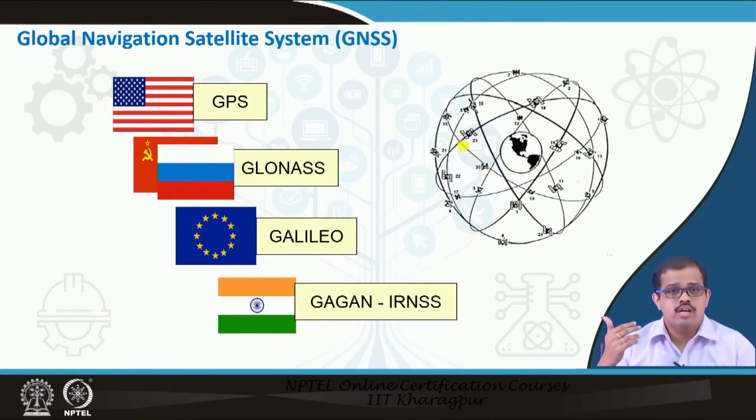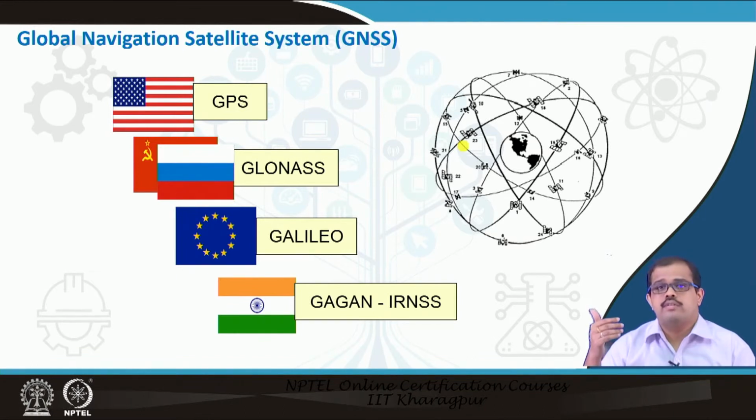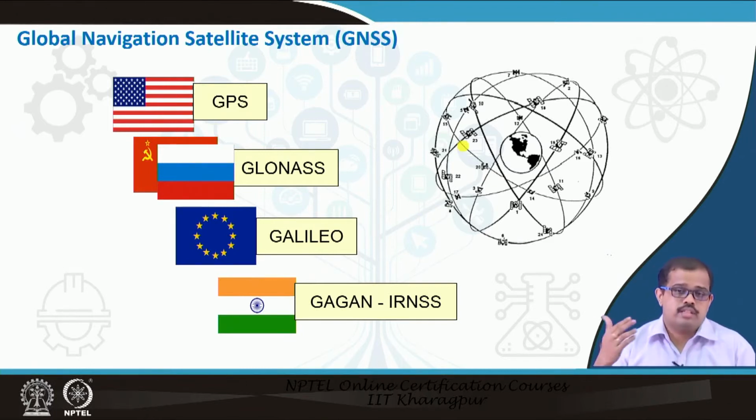When we look at global navigation satellite systems, we have GPS, which is already launched by the US. We have learnt about it. Then we have GLONASS, which is being implemented in a bigger way. GLONASS can be one of those systems which can be an alternative, or can augment GPS to provide better navigation, especially for South Asian or Southeast Asian countries. And Galileo is the other one, by Russia.